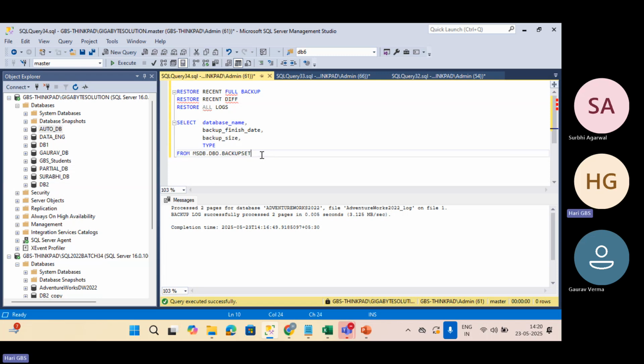Okay. So I am giving an alias name to this table. The alias name I am giving is BS, for backup set. So all these columns are under BS dot. Fine. Now let's join this table with